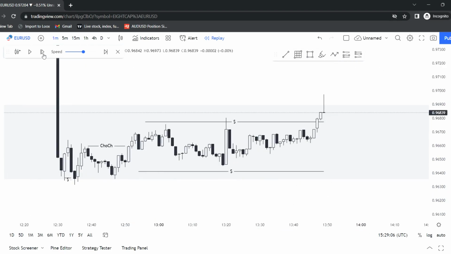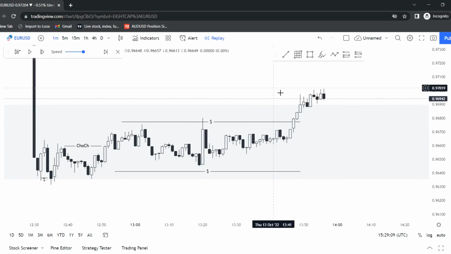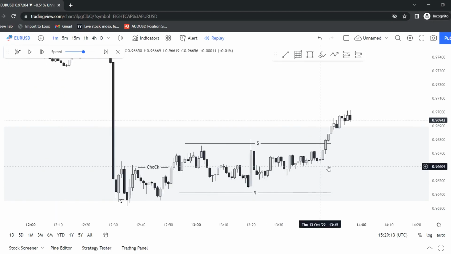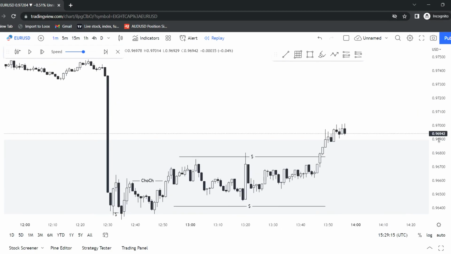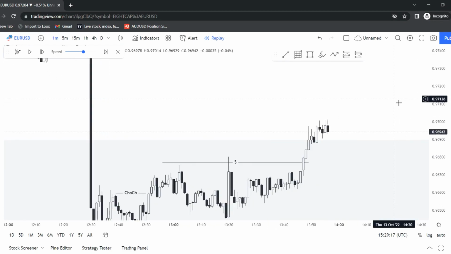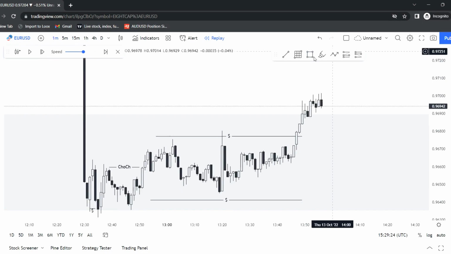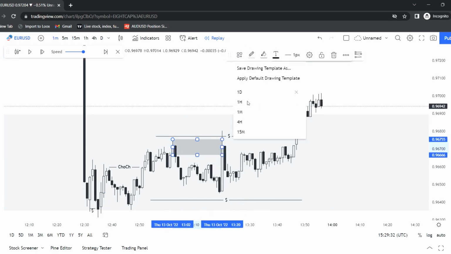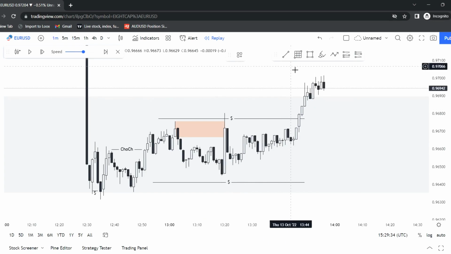Anyways, I'm going to play it out a little further, and now in my mind I can see that, okay, price might move upwards now. So now is the time where I'm going to start looking for my entries. Now we could also clearly see that supply is completely failing in this area. This is a supply zone that was formed on the 1 minute time frame that was completely